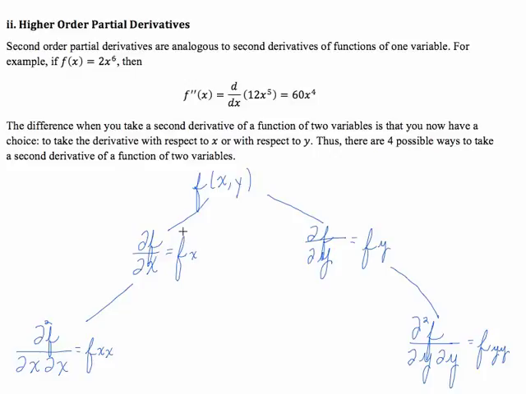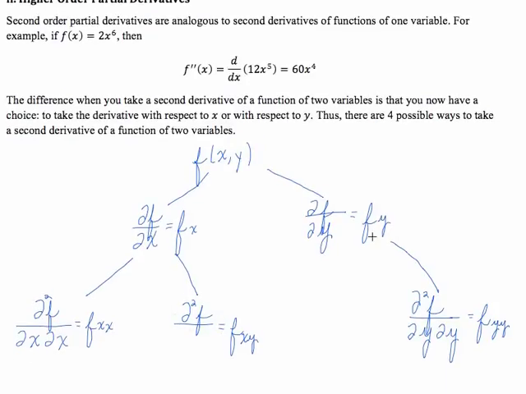Okay, what if though first you differentiate with respect to x, and then you differentiate that with respect to y? In the xy notation you write them in the order that you go from left to right. So you would write f subscript xy. If you're using this notation, it's backwards. First you differentiate with respect to x, then you differentiate with respect to y. Or you could do the opposite. First differentiate with respect to y, and then differentiate that derivative now with respect to x. So first y, then x, or